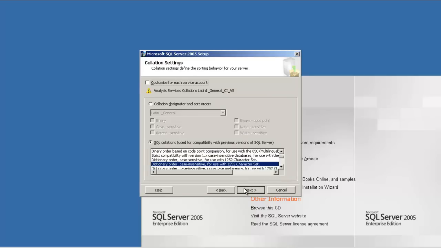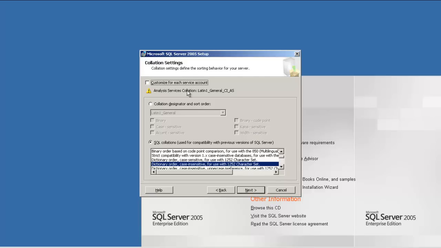Okay, here it is. Dictionary order, case insensitive, for the 1252 character set. SQL collation is nothing but how your SQL data is getting sorted. But remember, if you are using one collation, always use the same collation with a similar server. Otherwise, you may get into a lot of technical problems.